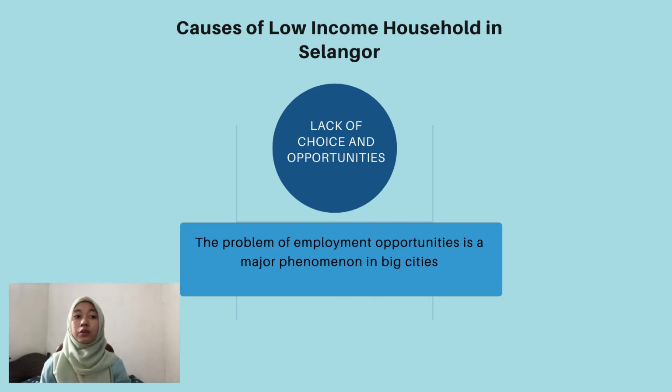The reason for low household income is due to lack of choice and opportunities. From another perspective, the reason for the low household income is because the community lacks the opportunity to get a better job in terms of a decent salary, despite having skills, due to fewer job opportunities being open. Besides that, low household income and resulting poverty are also due to lack of academic qualification. This causes this group not to get the opportunity to enjoy a higher salary due to low academic qualification as well.